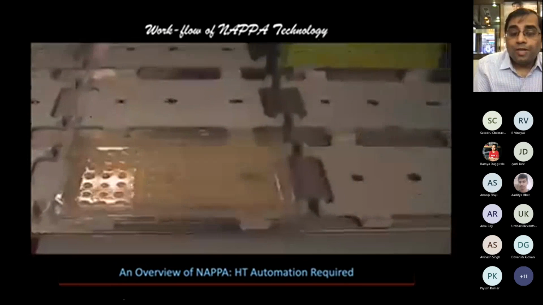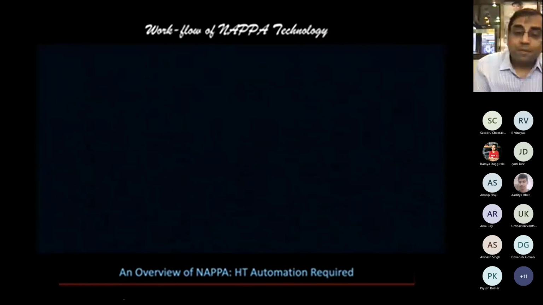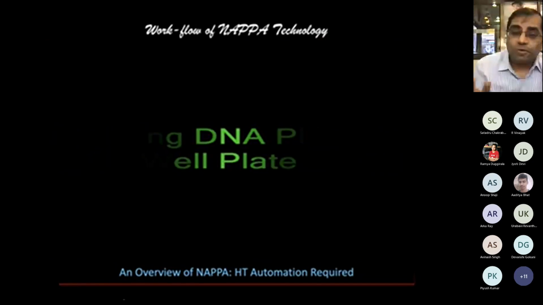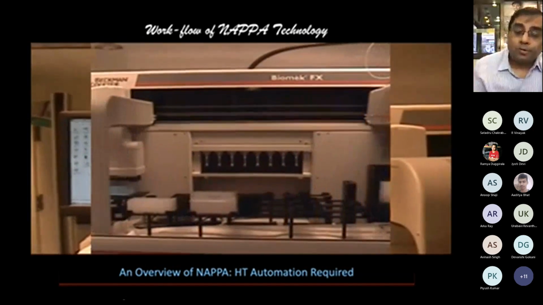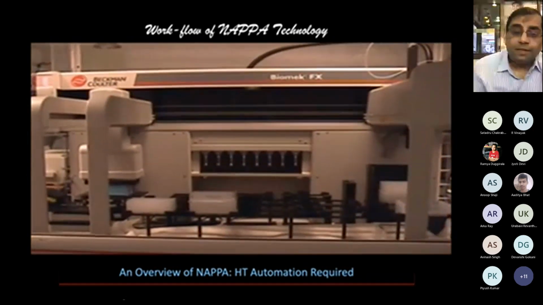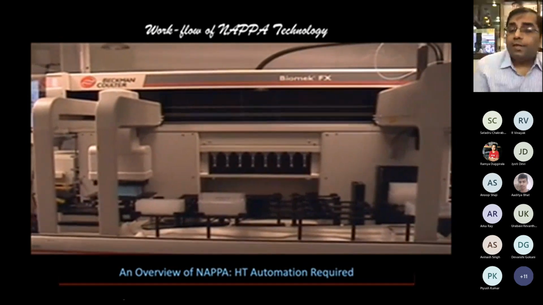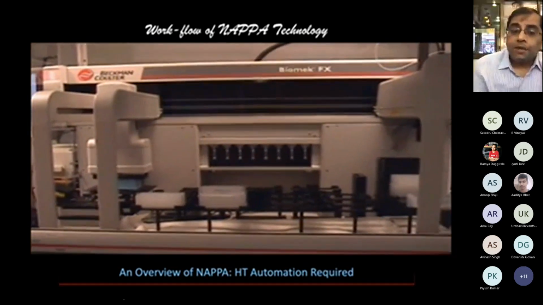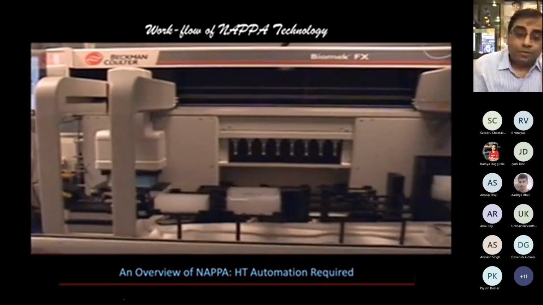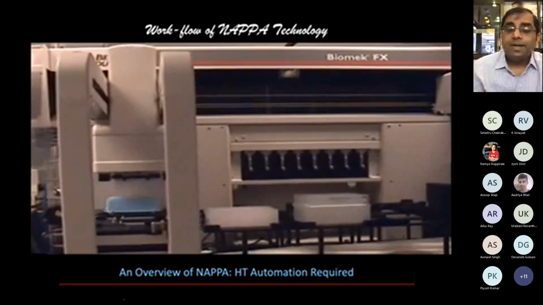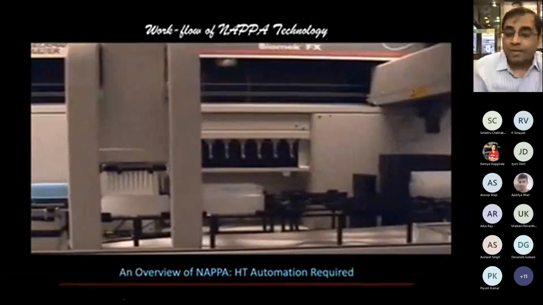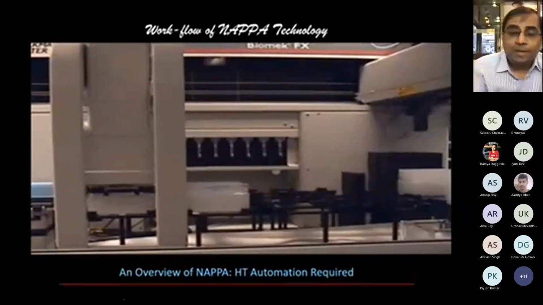So now you plated these 96 genes of interest onto this particular LB agar plate, and now you want to purify the DNA from these colonies. And again, you need another automated setup which is going to do the DNA prep for you. But I'm sure each one of you has done the DNA prep, but that is at a different scale. You have done it in small tubes, one at a time. But the same thing cannot be miniaturized here.